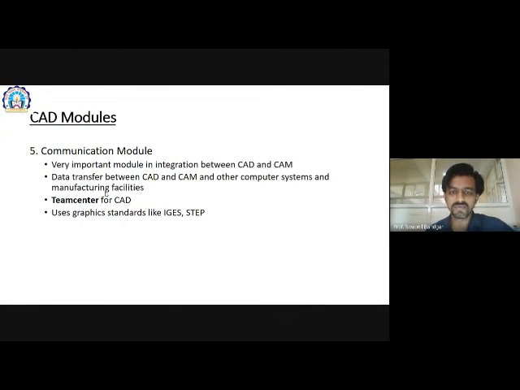Means 20 people are working on the same model, but this will happen only through Teamcenter. And Teamcenter can only be operated if our CAD tool has communication modules.